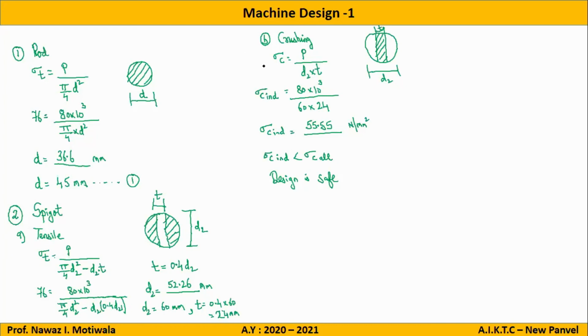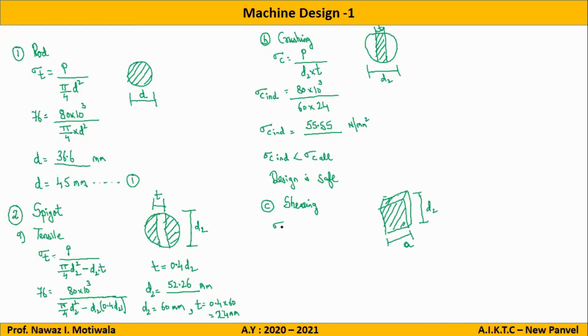What will be third? Shearing. Yes, it will be shearing. This was somewhat shearing failure, wherein this area was getting rubbed while coming out. So this is nothing but C, and this we have taken A, I think. And this we have taken D2. So this side also it is rubbing, and on the back side, on this surface also it will be rubbing. So there are two rubbing surfaces.